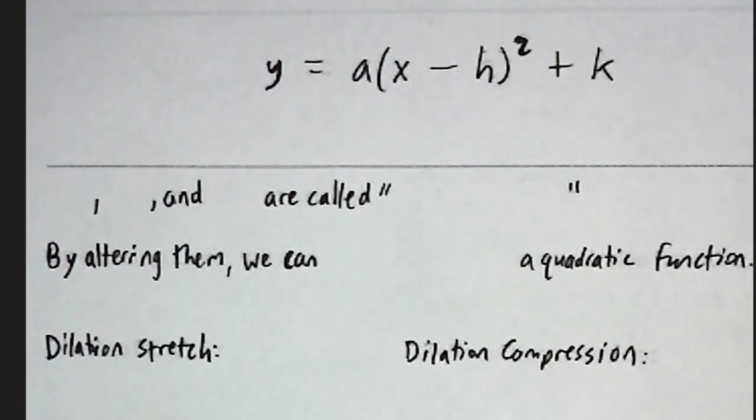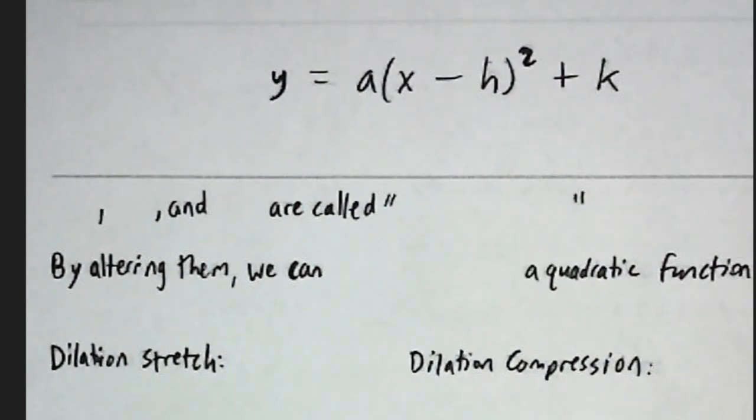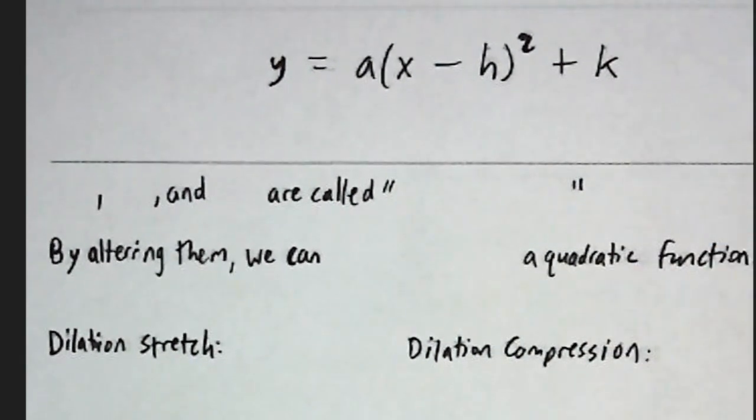Alright, so we have the 3.5 notes here. Transformations of quadratic functions. Now I had to rewrite a lot of these by hand because my printer is just